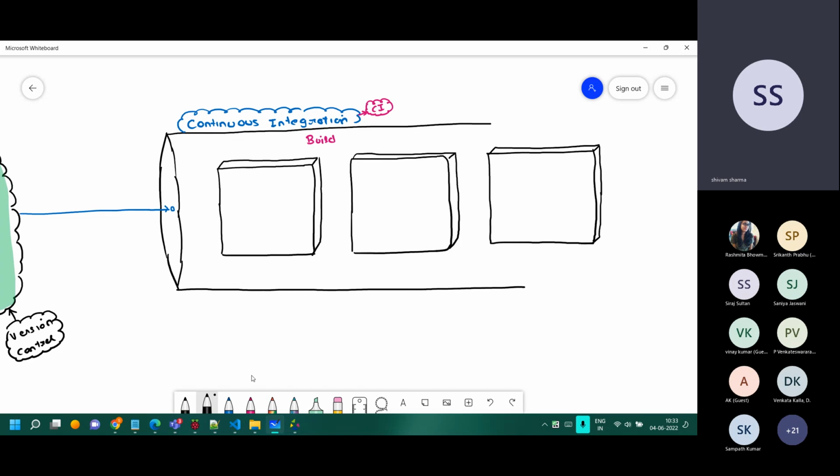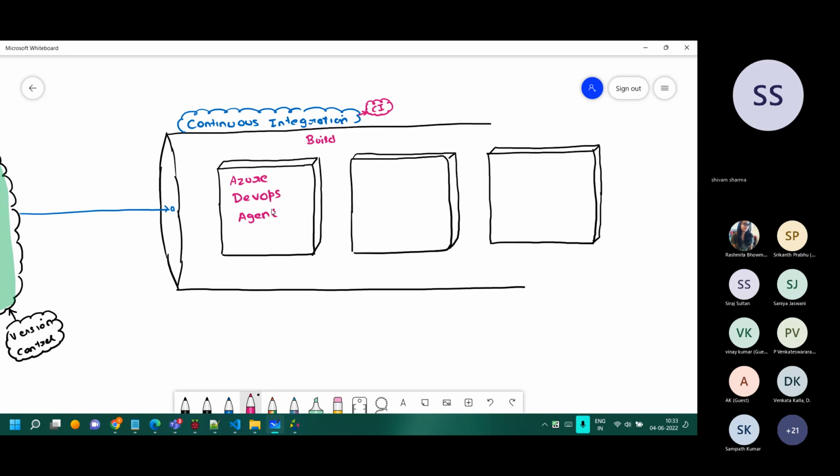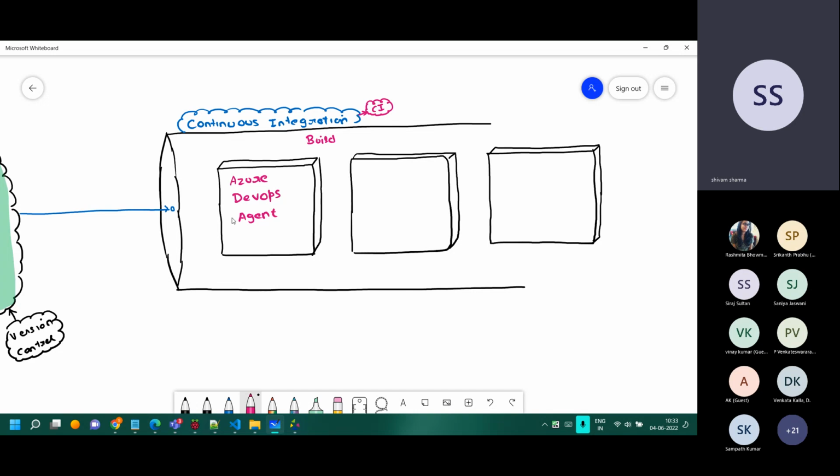So what I'm telling you is that we need some agents, and these agents are the first thing which we need to understand or create, and we are just going to call them Azure DevOps agents. Now, if you're using GitHub Actions, let's say later on one day, the same thing agent is called a runner there, right? There is no technical difference apart from the concept as such, but we have the runners over there.